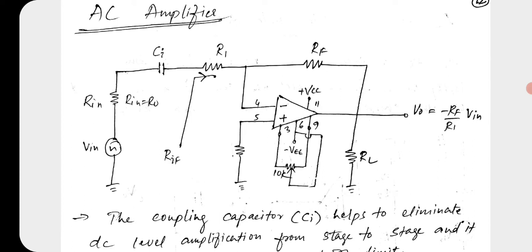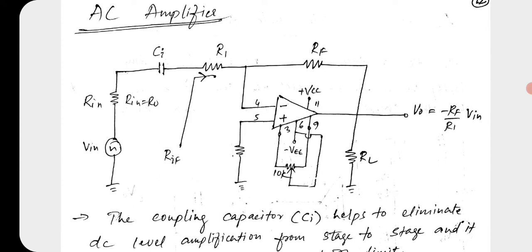Suppose there is some DC component present in that AC signal, maybe as a disturbance, maybe as noise. There are many factors wherein a signal can be composed of AC as well as DC. If you want pure AC to come out, then you want to stop, you want to prevent your DC. How can you prevent your DC here? By using a coupling capacitor.